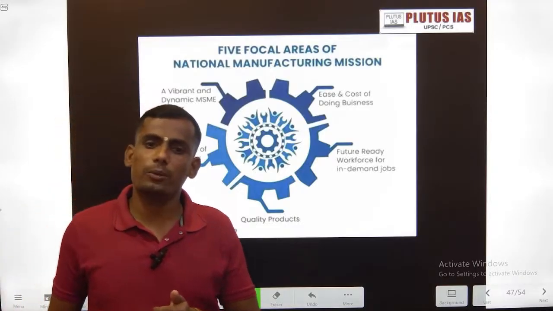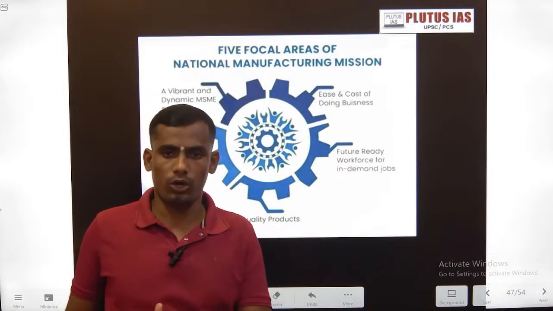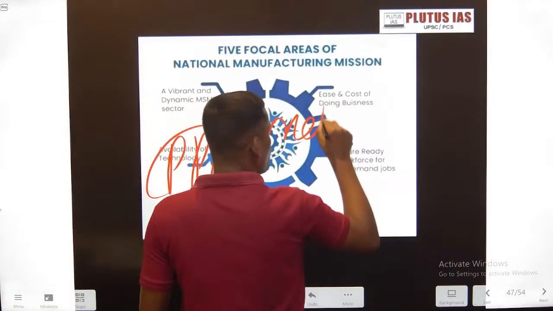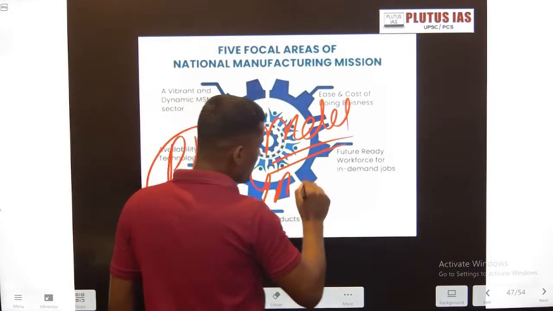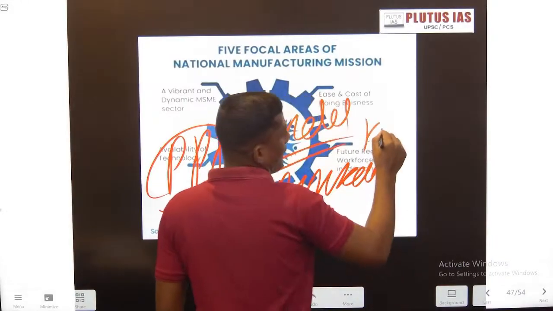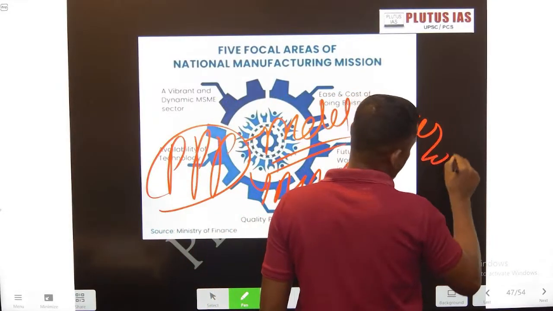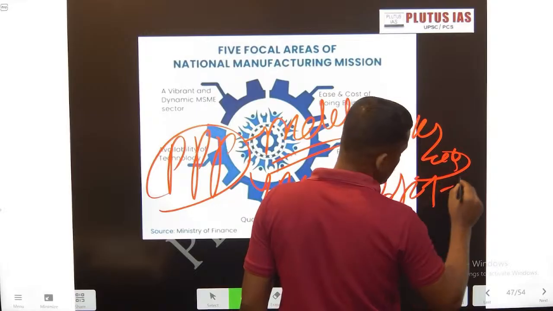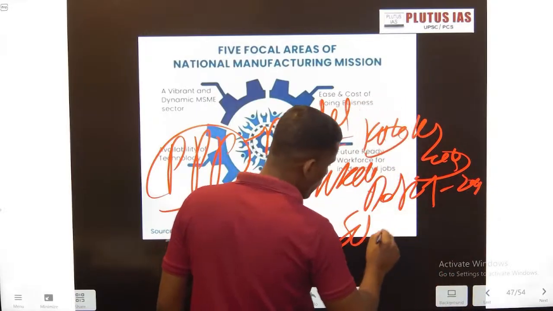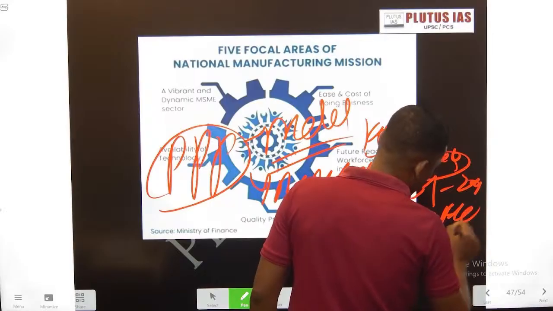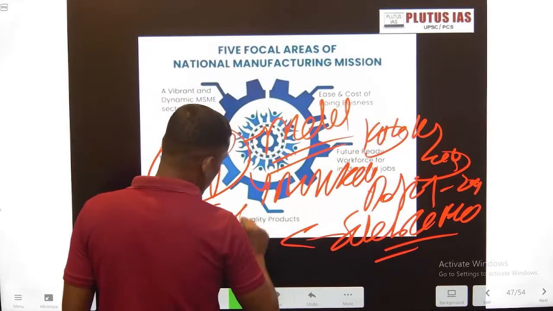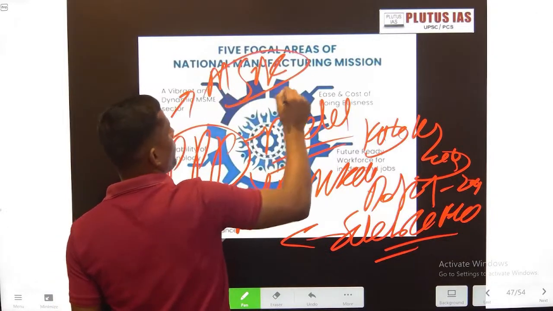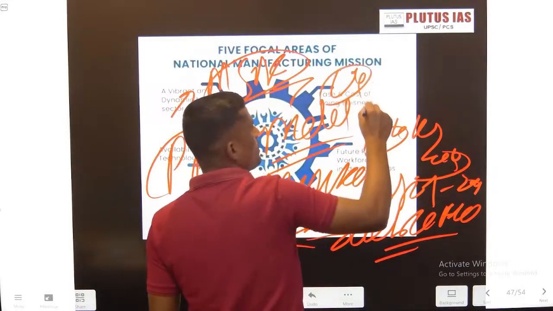Then the Kaka Kelkar Committee of 2015 also suggested the PPP model. UPSC has asked a question on the PPP model to boost India's manufacturing sector. Kaka Kelkar Committee 2015, then the Vivek Debroy Committee of 2018, then the Suresh Prabhu panel on cooperatives. Even the government of India can support, and the government of India is supporting MSMEs to boost their presence